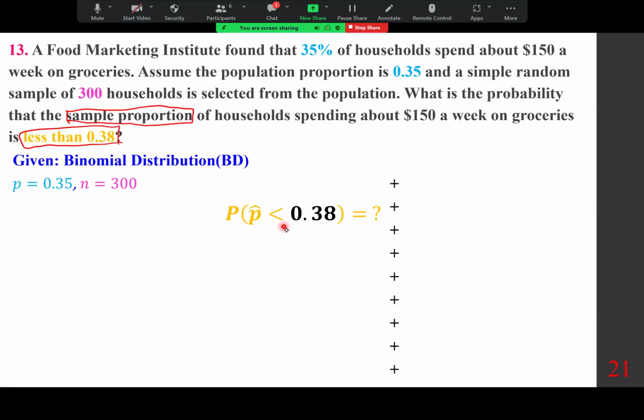So that's what we are looking for. We're going to look at it as follows. First and foremost, NP and NQ must be larger than 10. Q is 1 minus P, which makes it 0.65. And their product is,